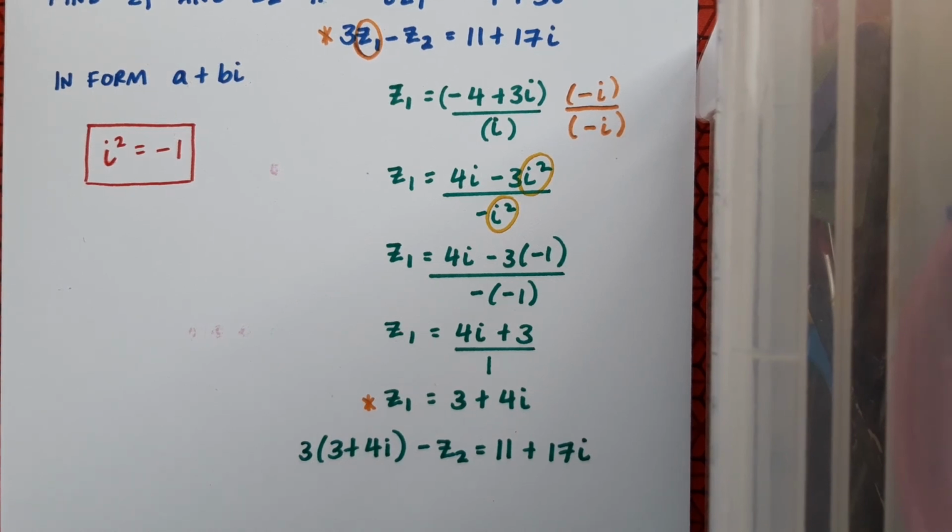So having substituted that z1 into that equation, I'm ending up with 3 bracket 3 plus 4i minus z2 equals